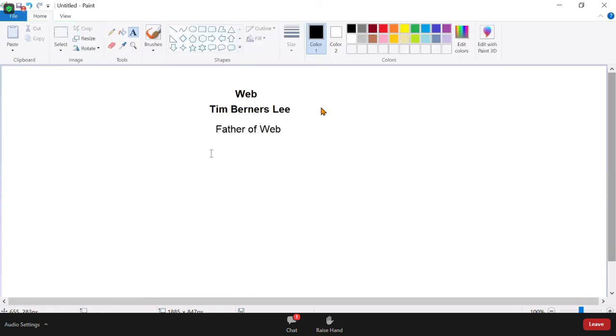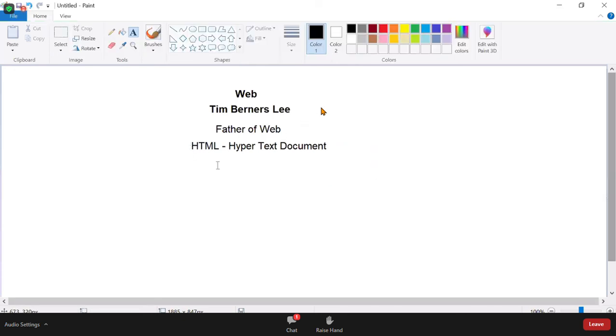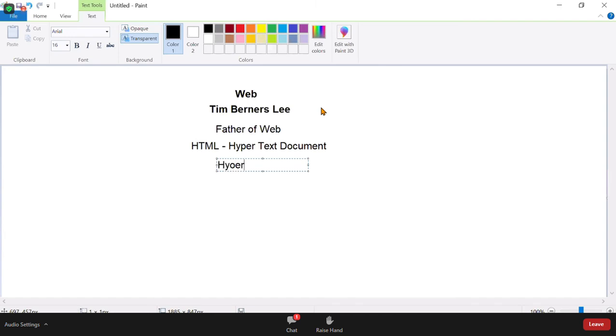He introduced the concept of hypertext documents, HTML. HTML is hypertext markup language. Before that, we already had hypertext.